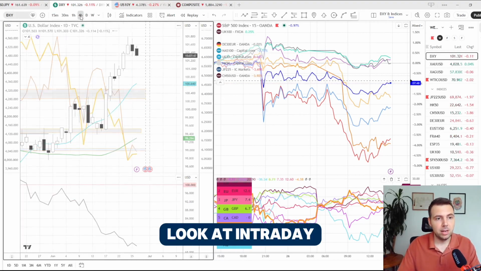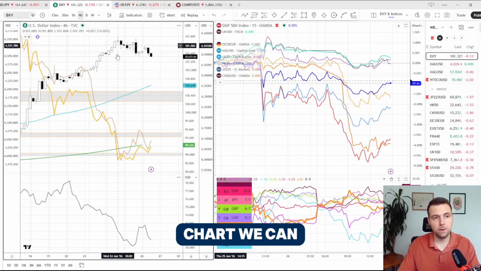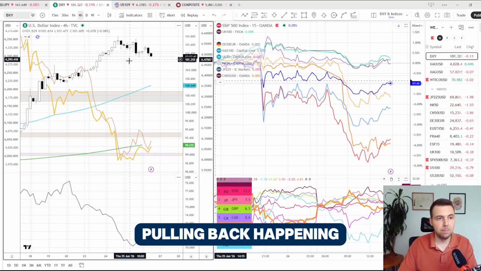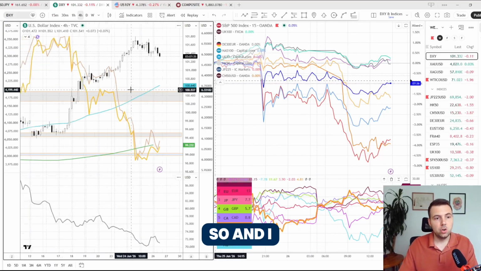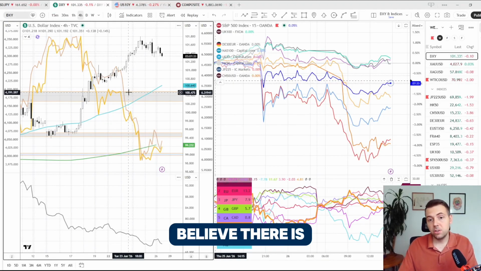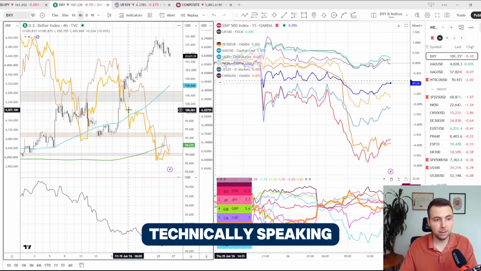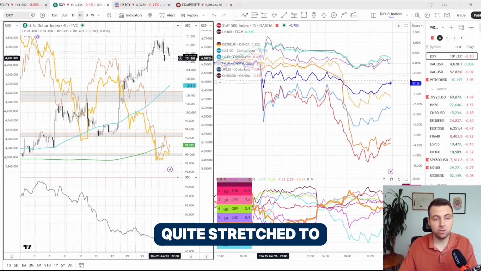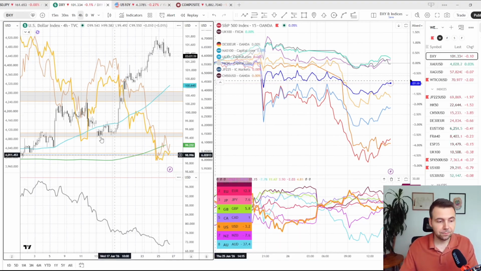So if we look at intraday charts or swing charts, say the 4-hour chart, we can see some pulling back happening now. And I believe there is a reason for that. First of all, technically speaking, the prices are quite stretched to the upside. And also,